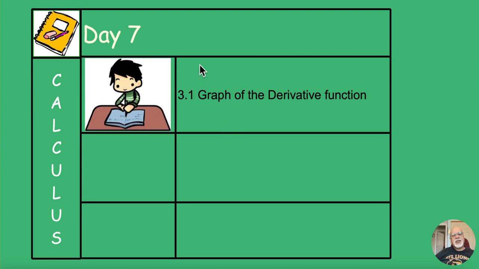Today we're going to discuss the graph of the derivative function. Keeping in mind that the derivative of a function just represents the slopes of the tangents of some function f of x, the derivative function then just describes all those tangents. So if we take a look at this next page,